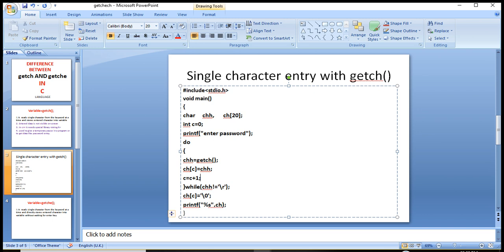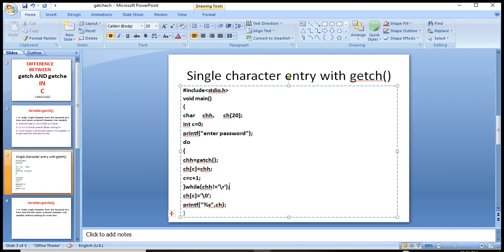This entry will not appear on the screen. User can keep on pressing characters, but pressed characters will not appear on screen.